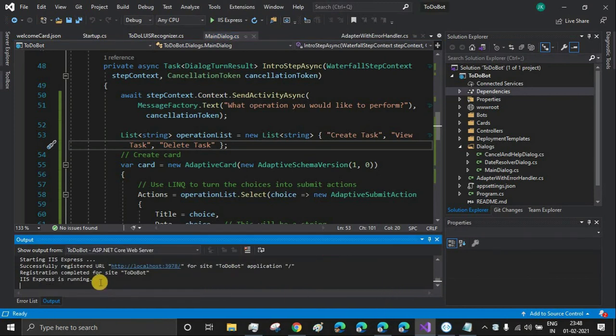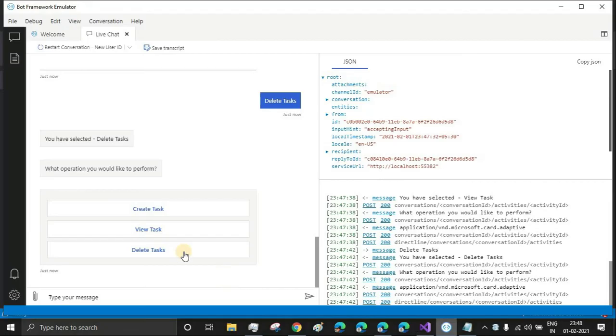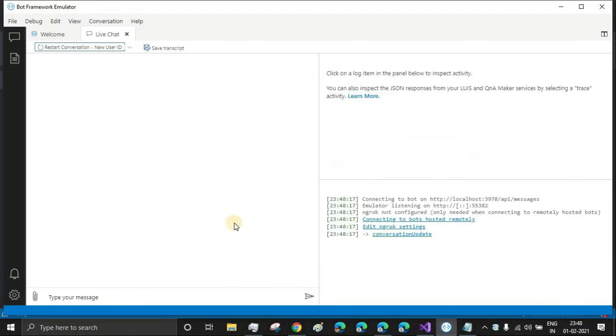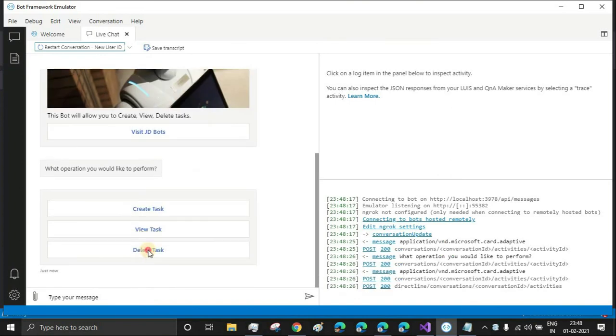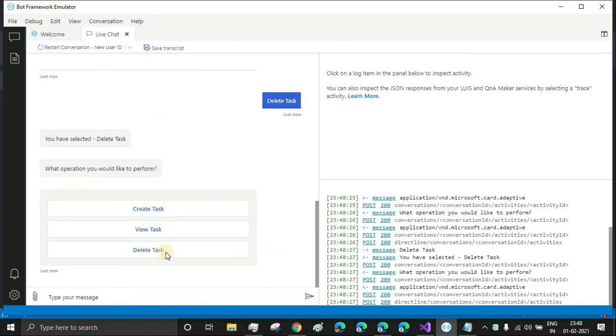because I have made a small change. You can make sure whether your code is running or not. At the last statement, when you make any changes, you will see that IIS Express is running. So if you restart and click on, see, now it is showing as delete task. I have removed that S from that. Okay,